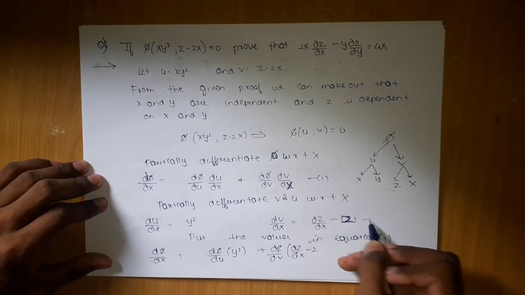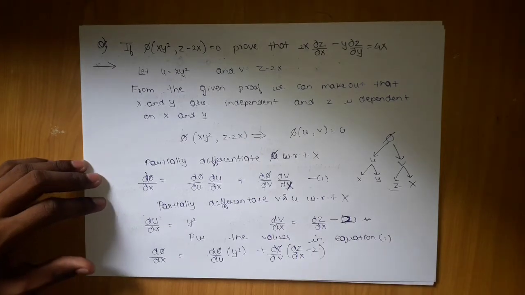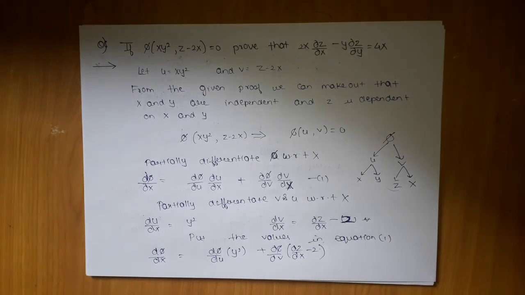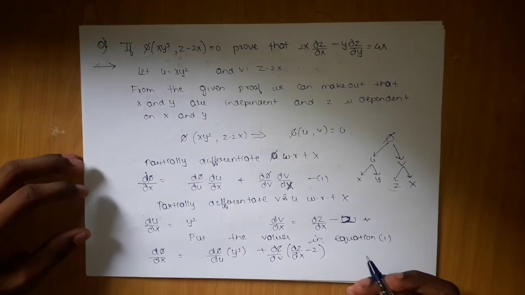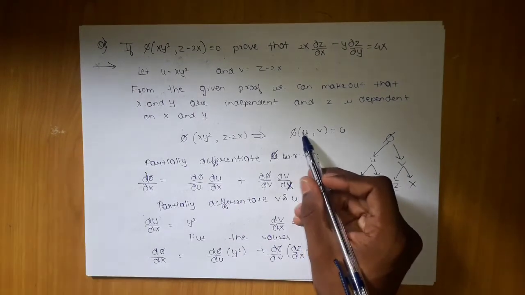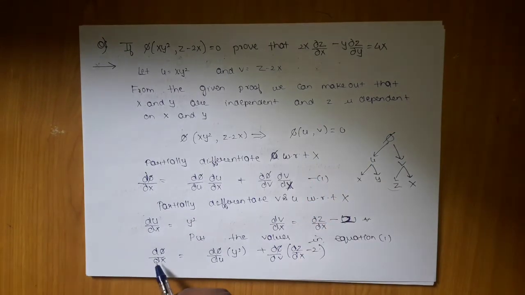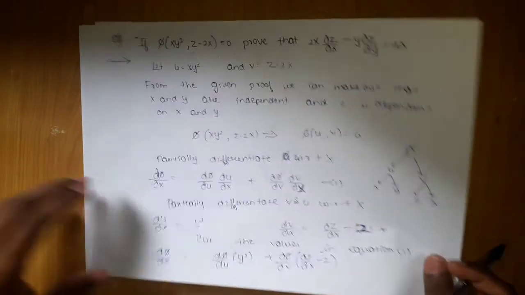Okay, I just made a mistake. I called it 2, minus 2. Now what we can do here, after getting this, we know that the function, if I differentiate it, should also be equal to 0. So this will be equal to 0. If it is equal to 0, then what we can do